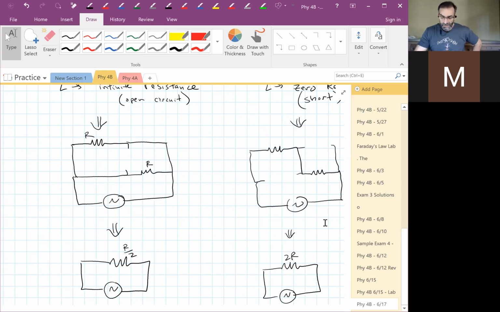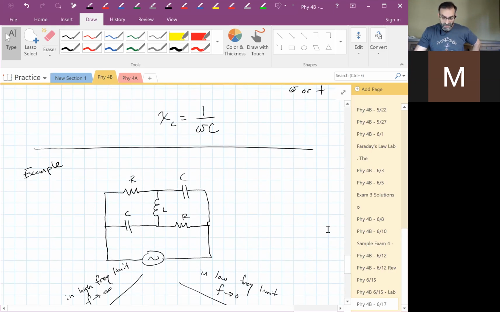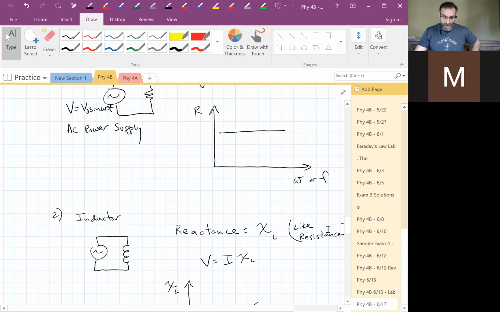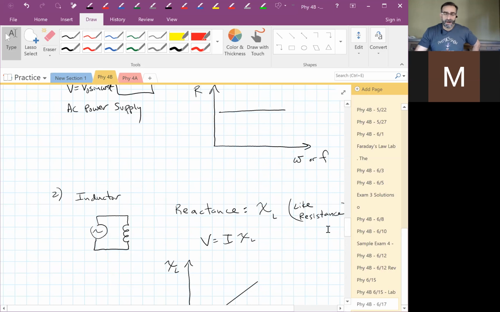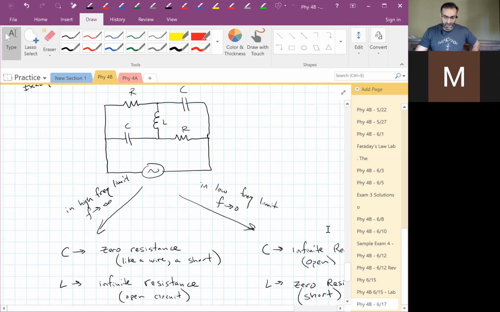And that's all we're really going to do with AC circuits. So instead of having you solve for the current in every device, or the voltage across every device at a specific time, I'll just ask for things like this. What do the meters read at high frequency? Or what's the current here at high frequency? What is it at low frequency limit? Things like that. So this kind of problem. Otherwise, it gets